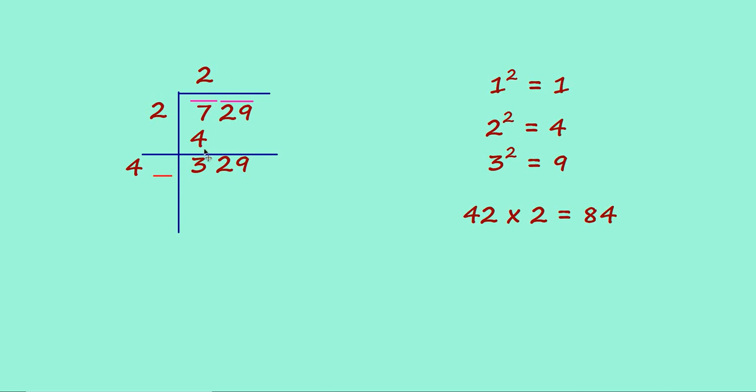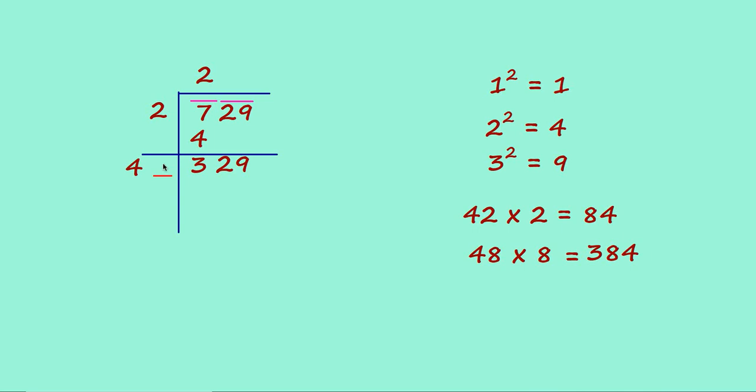So you get 8 in the blank space, meaning the divisor will become 48 and the quotient will be 8. Now you multiply 48 into 8. What will you get? Yes, it is 384. But 384 is greater than 329. So we cannot take 8 as a divisor here. So take 1 less than 8, that is 7.